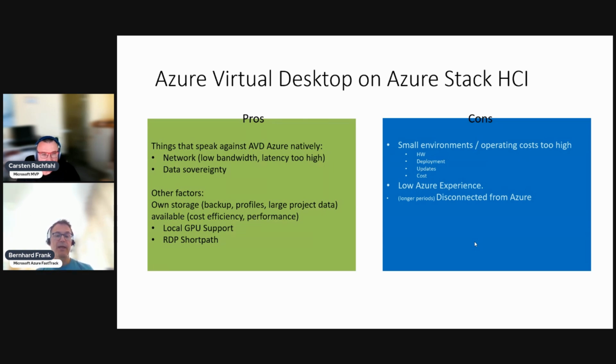But for AVD, as said before, every user needs to have a valid Azure connection first to connect to his desktop, right? And we need to establish those connections through Azure first, right? And if there is a network outage in that time, users may not be able to connect, and that would not be the service experience that you may want to have, right? So network connectivity in that environment is important. So it might be difficult if you want to do it on a ship,